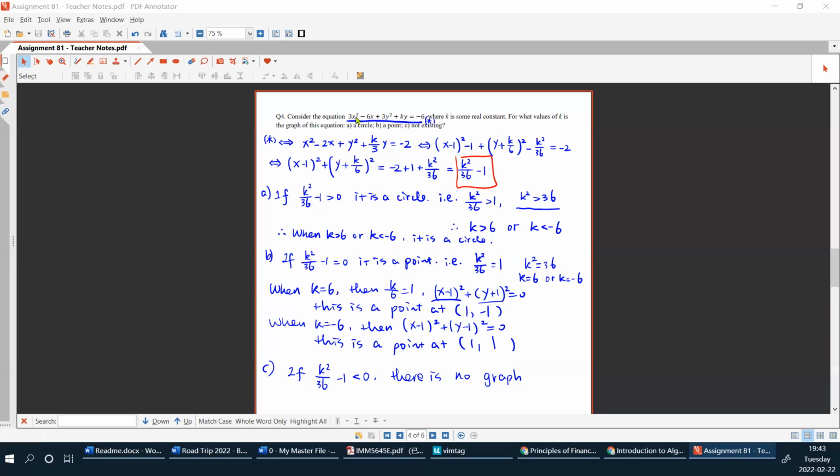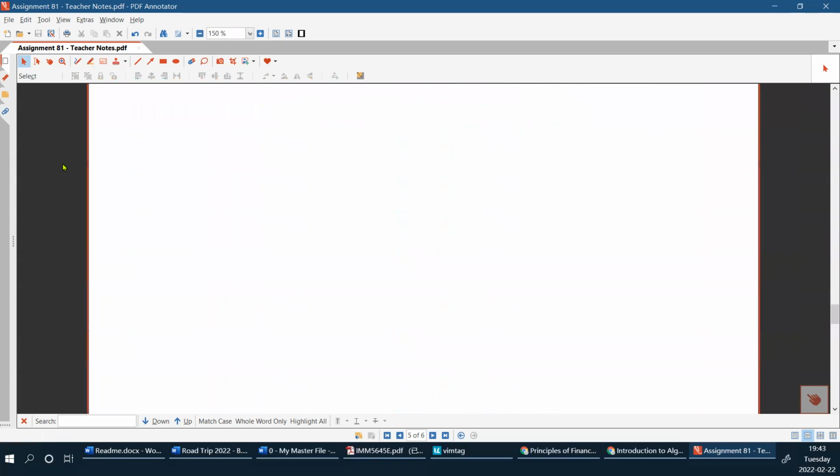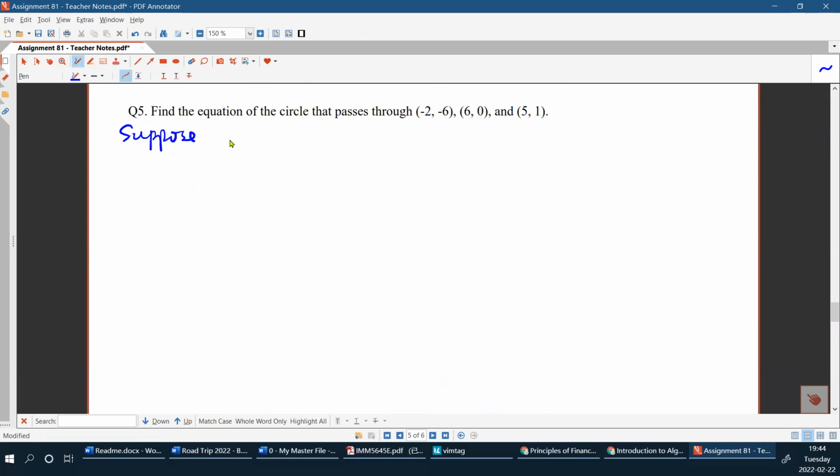Okay, let's see the next one. So this time you are given 3 points that are on the circle, and try to find the equation of such a circle, right? If you know 3 points on the circle, the best way to express the circle is to use the general form equation, right? Suppose the equation of such a circle